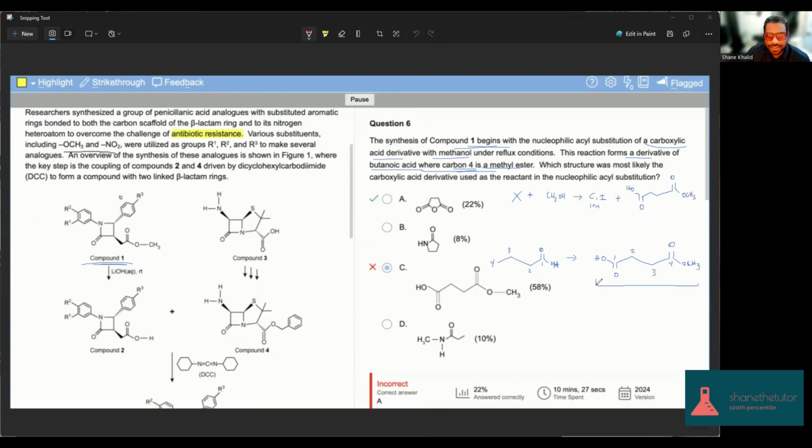And yeah, so this has a carboxylic acid end to it and also an ester end to it. I'll just write down ester here. So we need to figure out what original carboxylic acid derivative would, upon adding the methanol, which, by the way, acts as a nucleophile, in other words, a Lewis base, in other words, a lone pair or an electron pair donor.